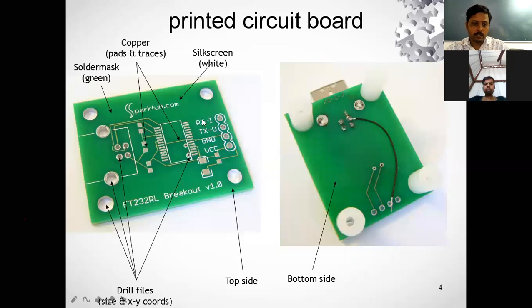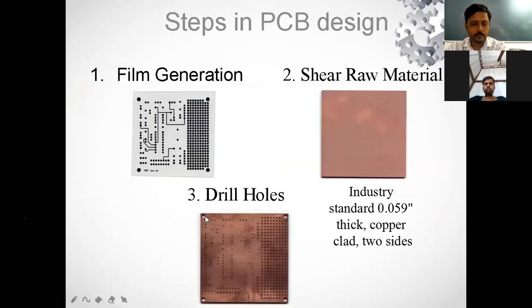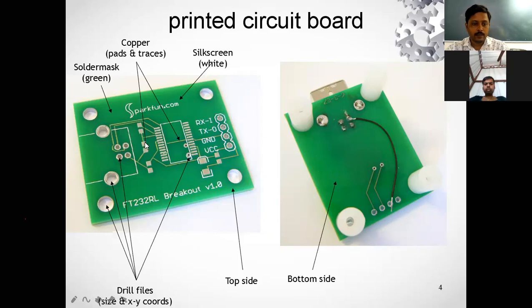Now this is a top view and this is a bottom view of a basic PCB. Simple PCB is there. So you can see what the different things available here are. These rectangular and square parts, if you can observe here, are called pads, and the lines which are connecting these pads to their particular things are called traces, pads and traces.